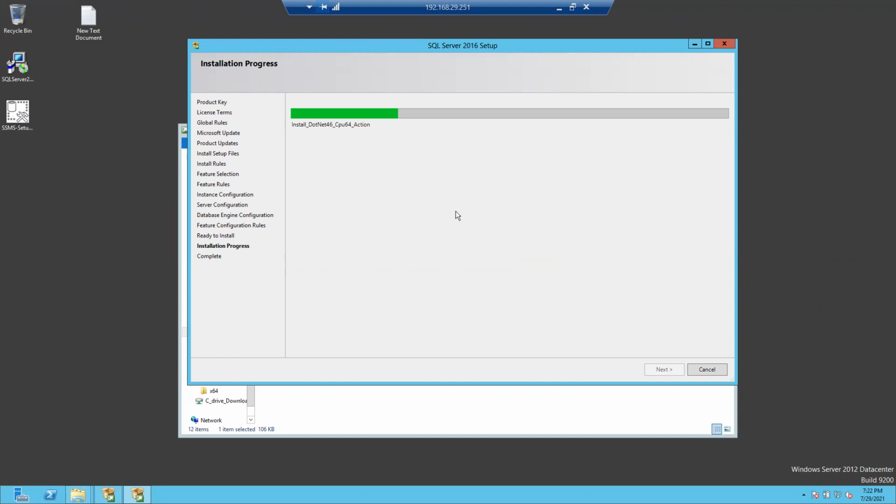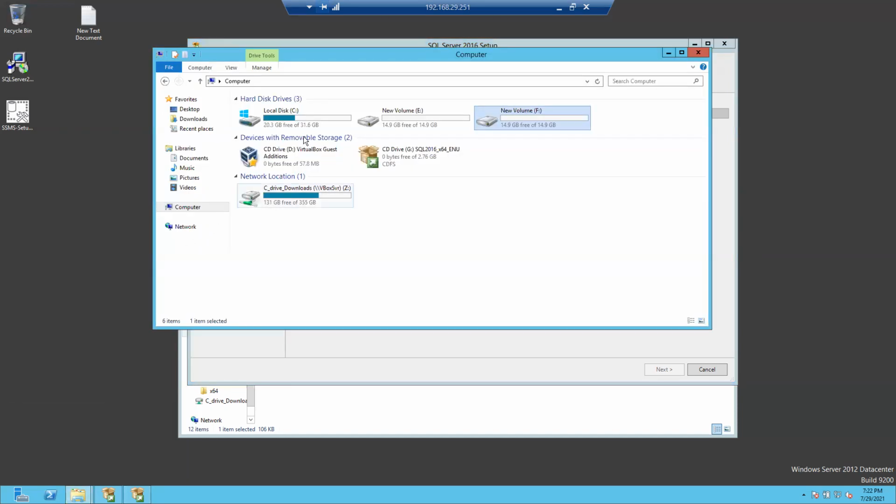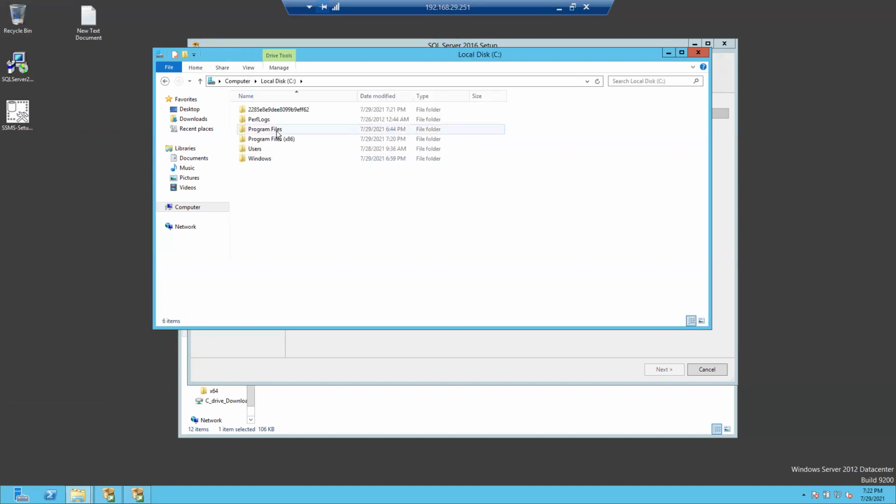Anyone having any questions while the installation is going on? So here you will have C program files, Microsoft 130, setup bootstrap, log. You're able to see the configuration file.ini, right?